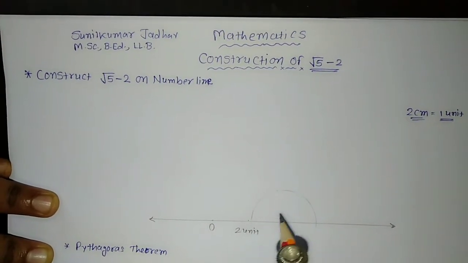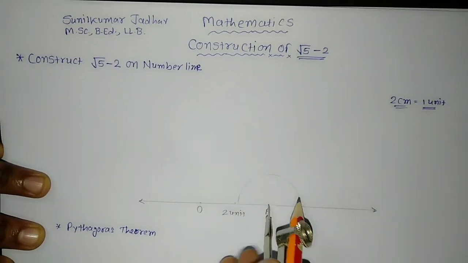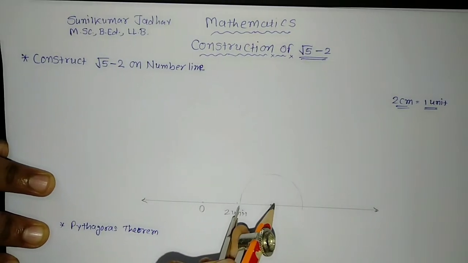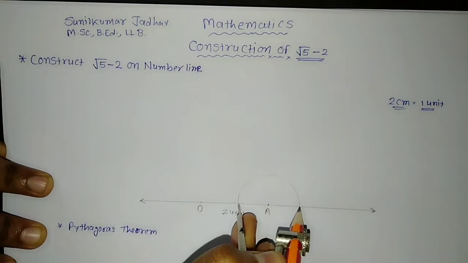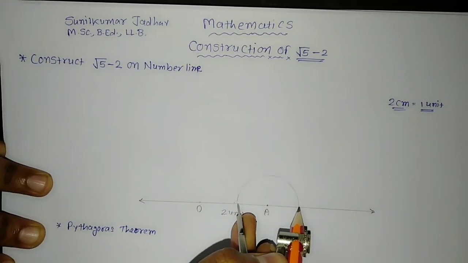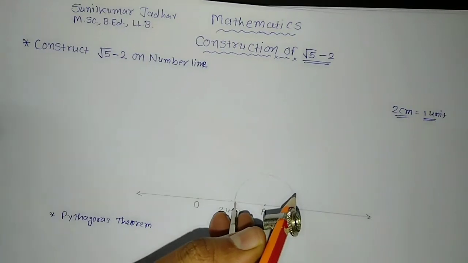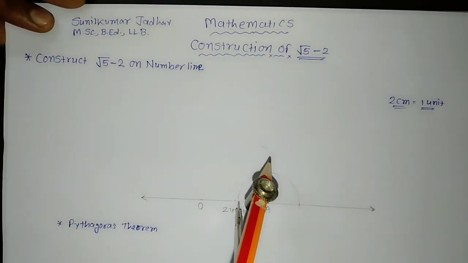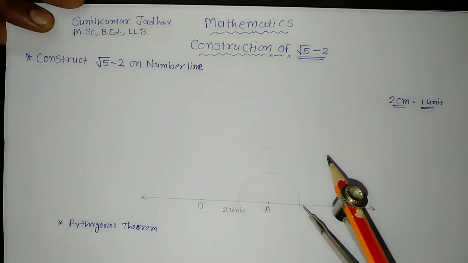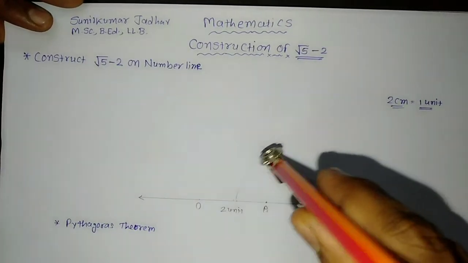For this, what I have done, I have taken one random or arbitrary radius and I have drawn one of the arc. Now I will put the point over here on this arc, and over here, and then I will draw the arc in the upper half plane. This is what I have taken, and by keeping the same measure, I'll keep the point over here which touches this line on the other side of the arc.